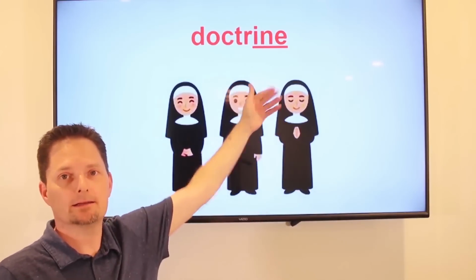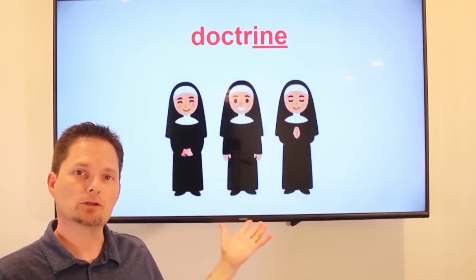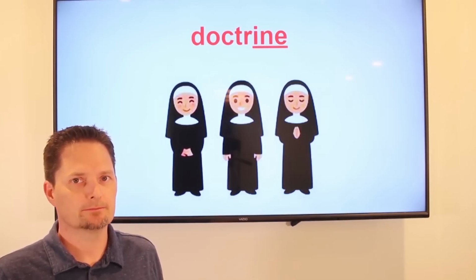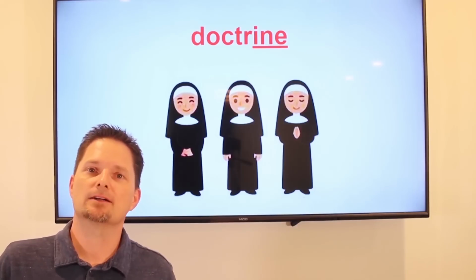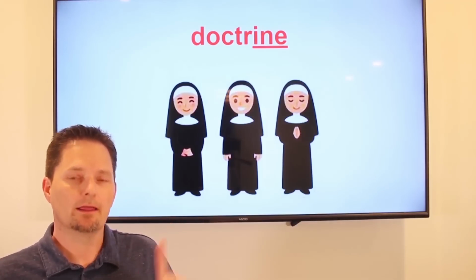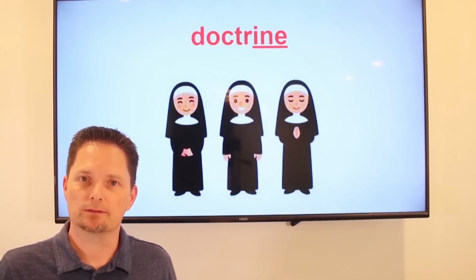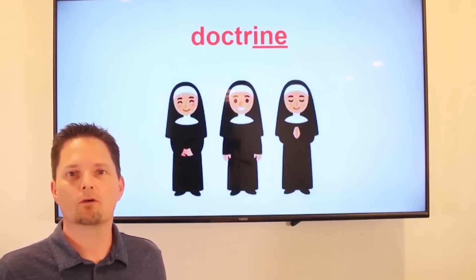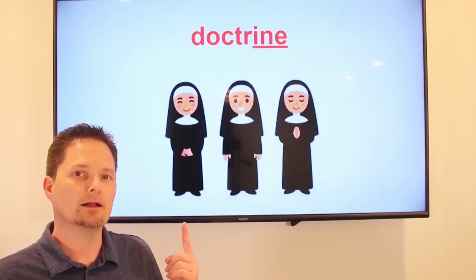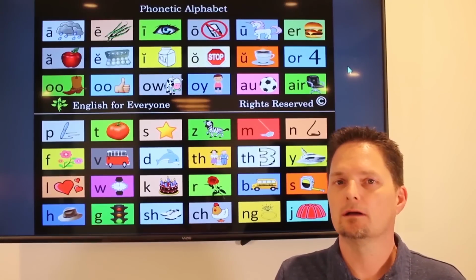Remember pronunciation? In. Doctrine. The nuns follow a strict doctrine. Or you can say they have a strict doctrine. Doctrine is countable. A doctrine. They have a strict doctrine. A doctrine is rules for a religion or organization. Their rules are a doctrine. Pronunciation, doctrine.